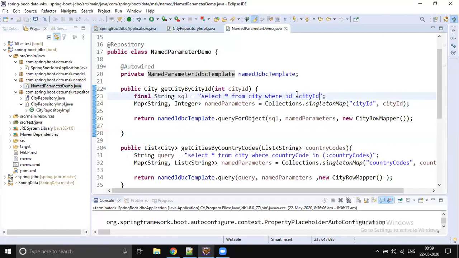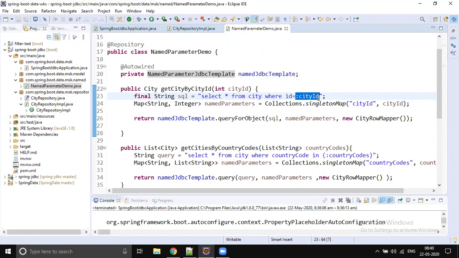So we will use a colon and give some name. When you are passing the data, you should pass it using that same key. This is very important.